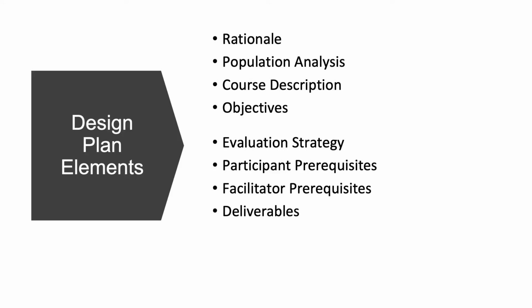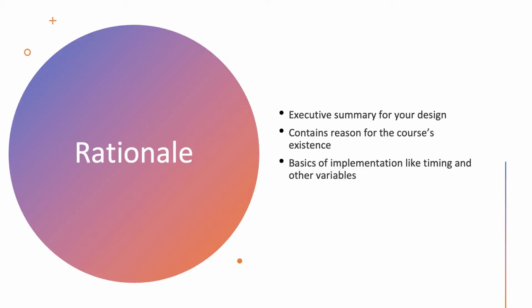Can you talk a little bit about what those most common elements are? Sure, absolutely. You're going to start with a rationale. And a rationale is a statement of what you want to accomplish and why this is necessary. And when I teach rationale writing, I always make people come up with one thing that makes the point about why you're doing this. Convince me that this is the right thing to do. Convince me why I should spend my money or spend my time, or even as a student, why should I take this course? So a rationale sets out what you're trying to do, why you're trying to do it, and what the end product is going to look like.